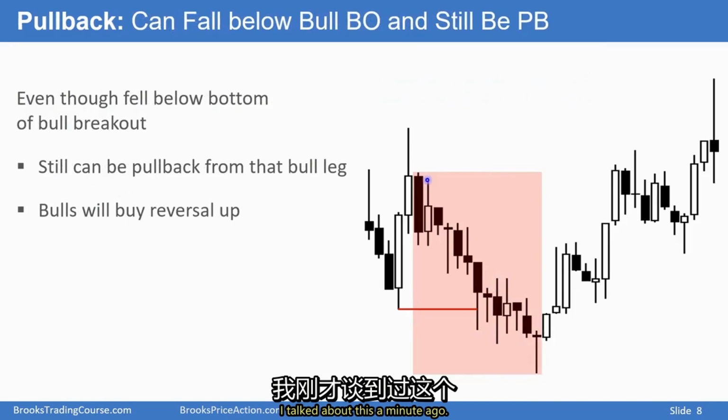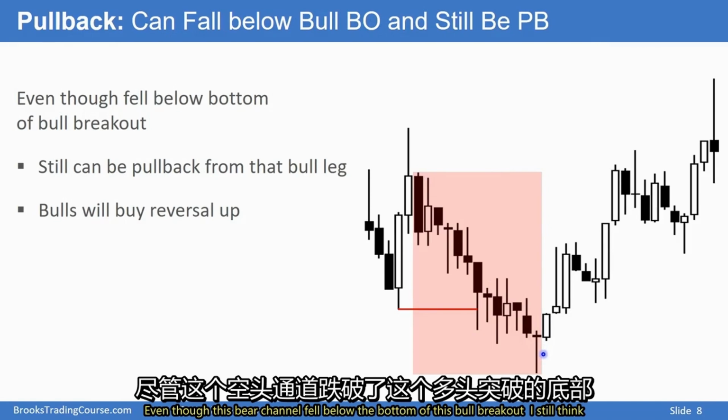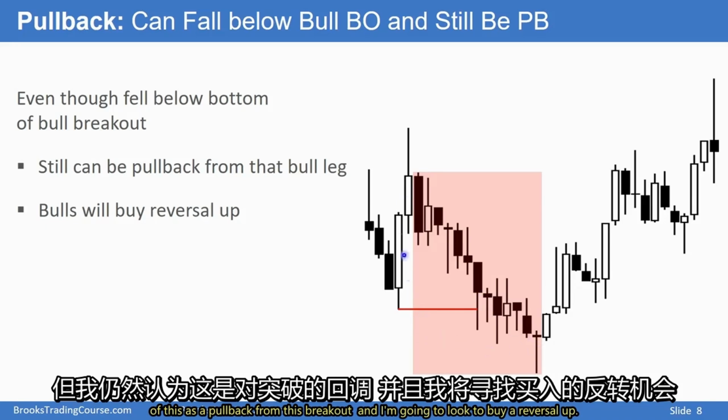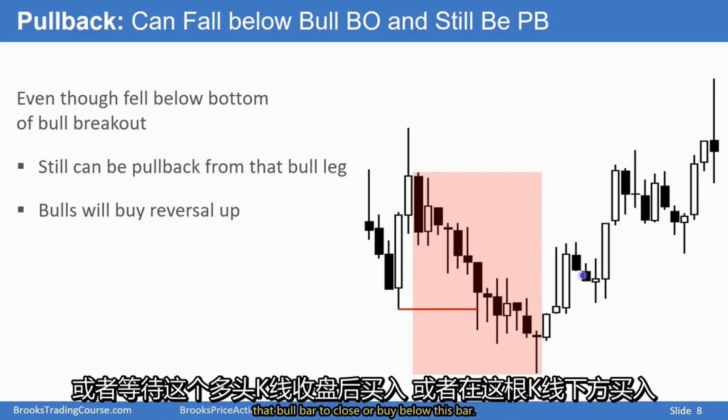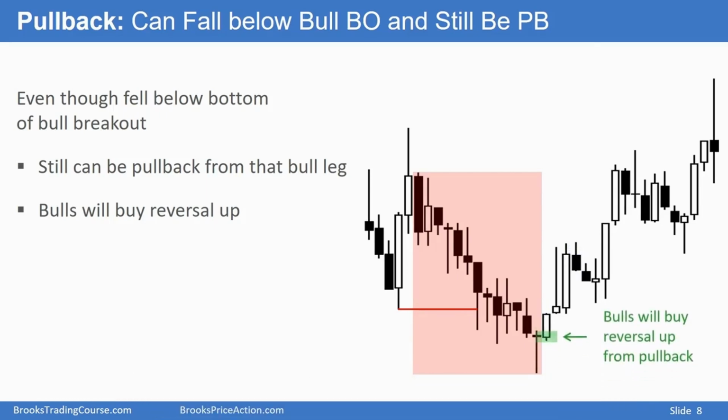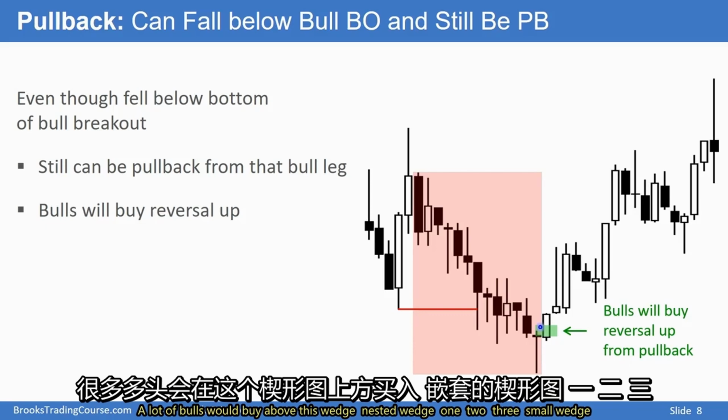Talked about this a minute ago. Even though this bear channel fell below the bottom of this bull breakout, I still think of this as a pullback from this breakout. And I'm going to look to buy a reversal up. I might not buy above the doji bar, but I might buy above this bull bar, or wait for that bull bar to close, or buy below this bar. A lot of bulls would buy above this wedge,